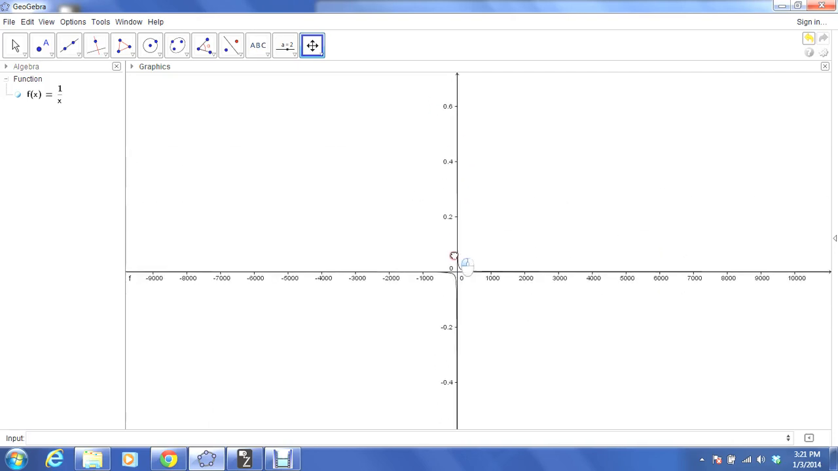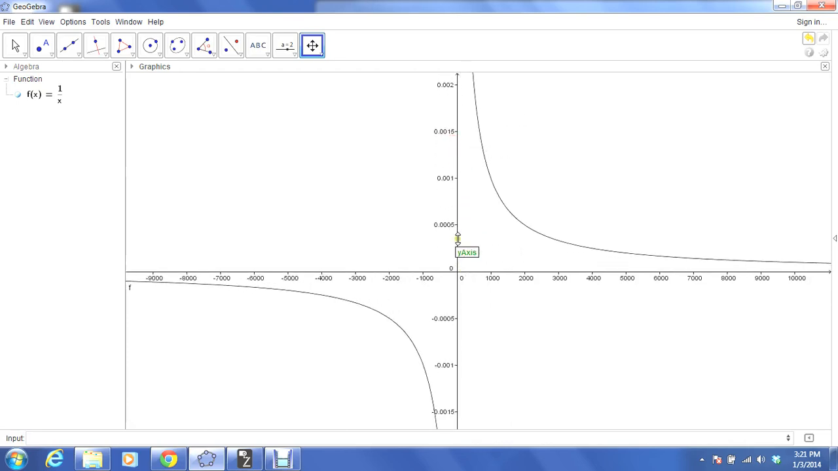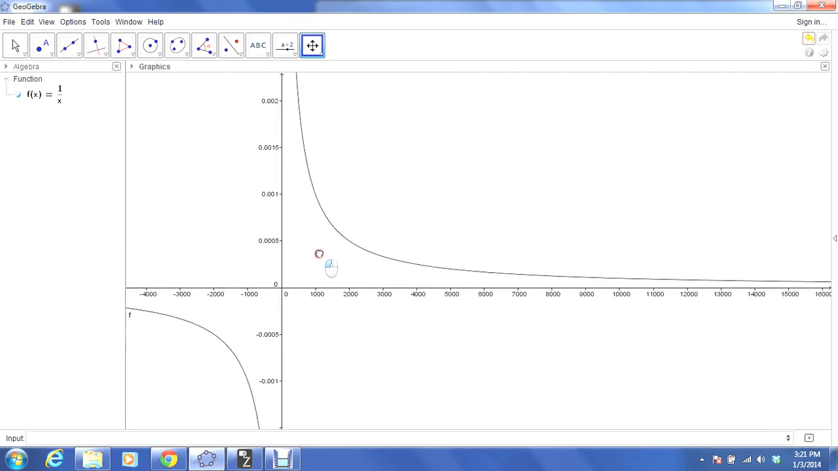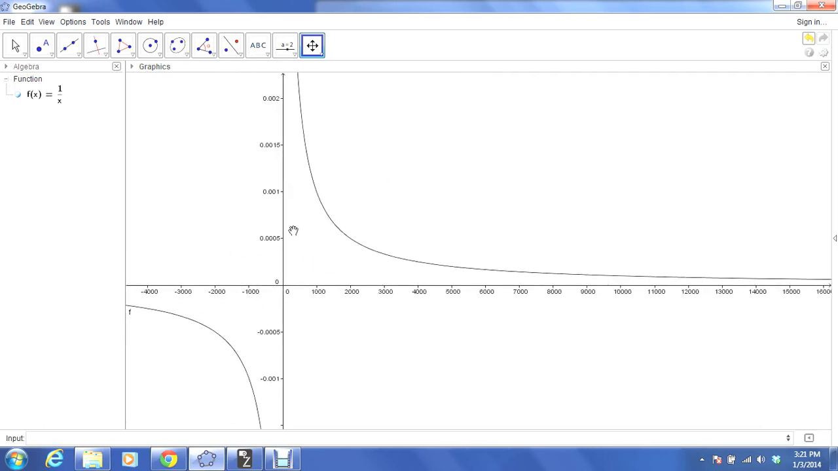How close to 0 does it get? It gets really, really close to 0. At this point, I'm up at 10,000 and I'm below 0.0005. Another way that we can analyze this, besides the graphical way, to interpret the end behavior or the limit at infinity,